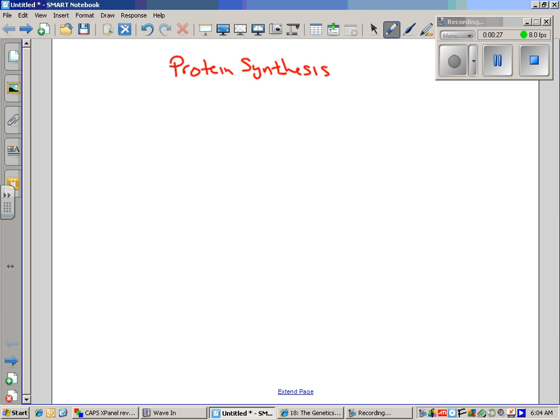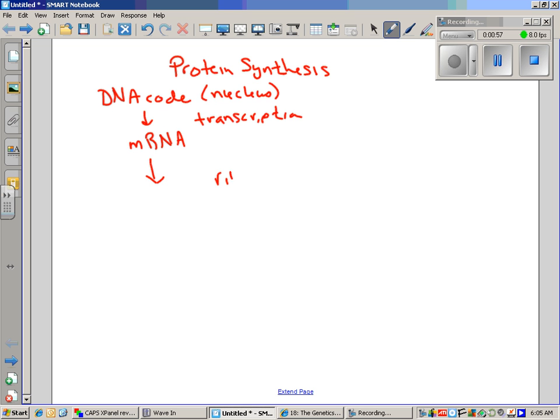is basically DNA code, construct a messenger RNA from that. That process is called transcription. Take the messenger RNA code, this is found in the nucleus, travel to the ribosome,